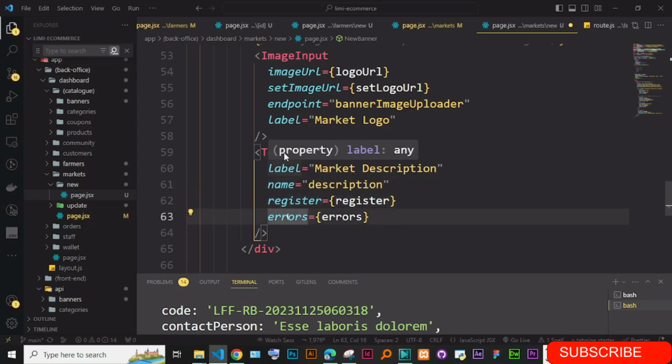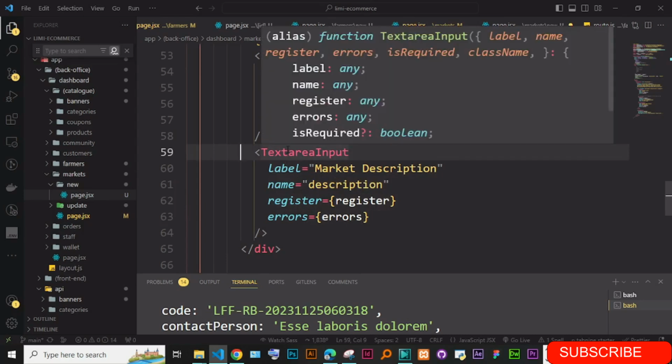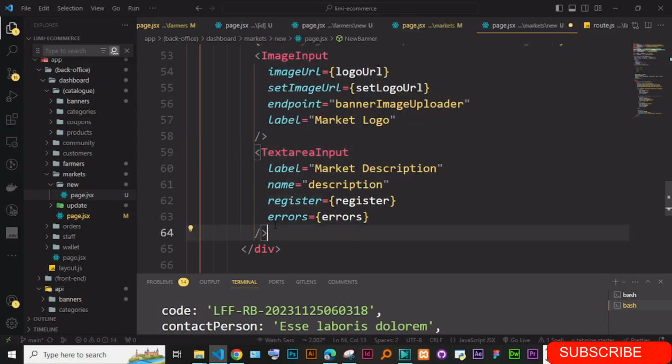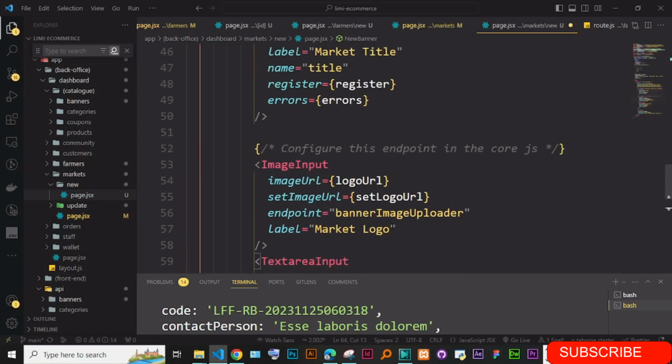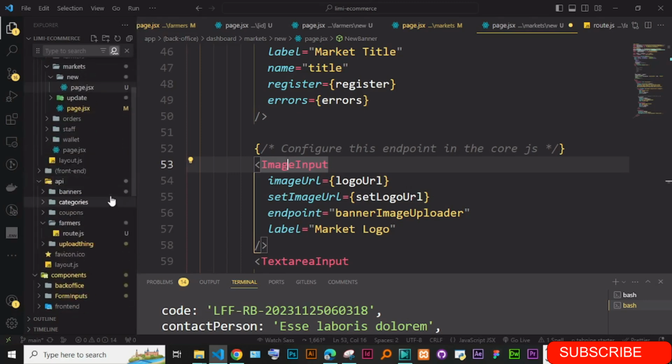That's enough. If you hover here, you can see more of the properties that you can pass in: label, name, register, errors and is required, and the class name also. So just have this. The only thing just going to change is this, where we just go and change, and maybe we say this is market logo uploader, so something like that. So just scroll back to the API. So I'm just going to go down here, of course, to the API